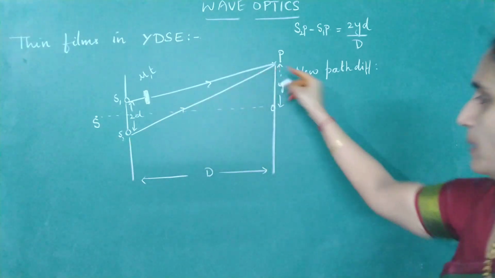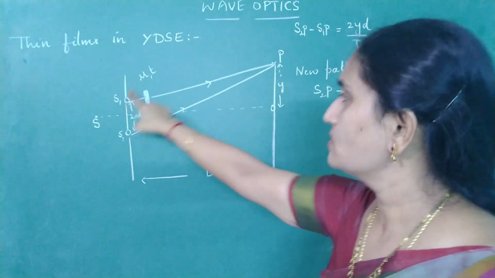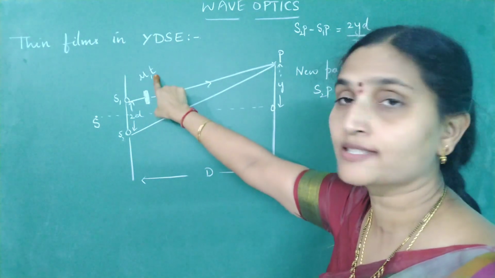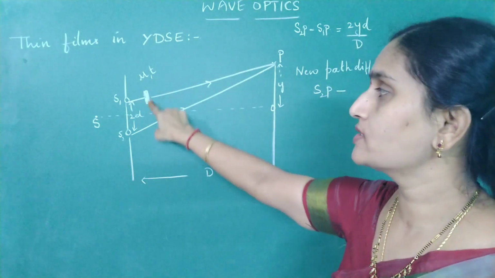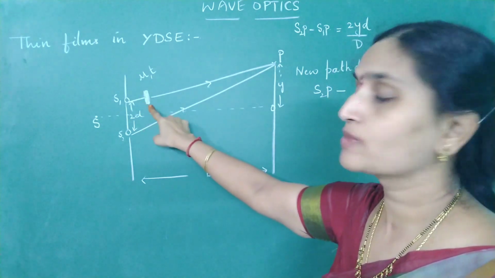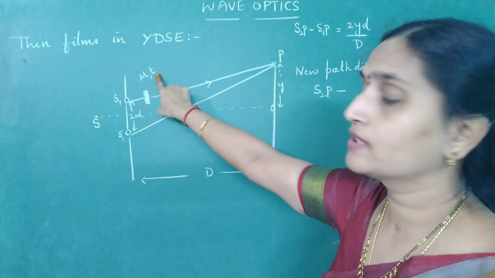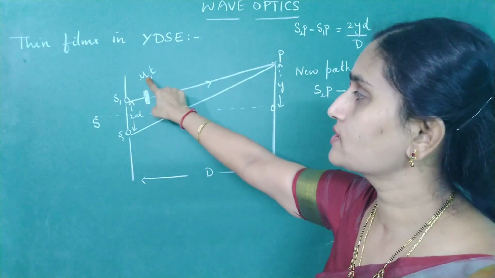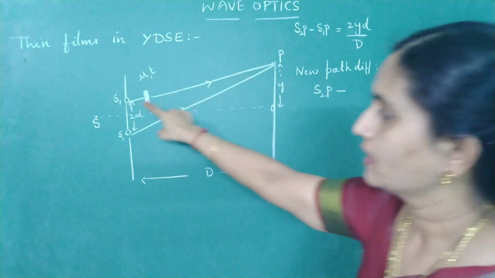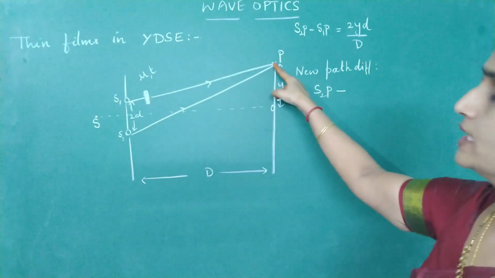Start from here. S2P minus. When I am writing the distance from S1 to P, a part of it is replaced by a film whose thickness is T. So, what is the equivalent distance in air? What is the optical path? Just now I told you. If you want to replace this with the equivalent distance in air, it is mu into the thickness of the film. Here I took the thickness of the film as T, so the equivalent distance will be mu into T.